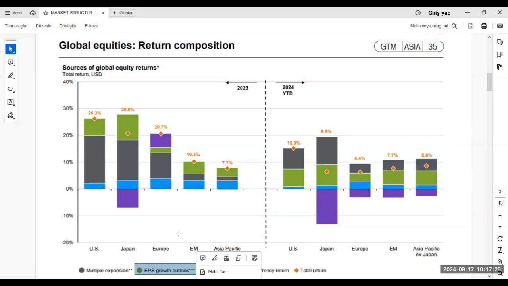Give me 1 second, please. I will change the screenshot there because